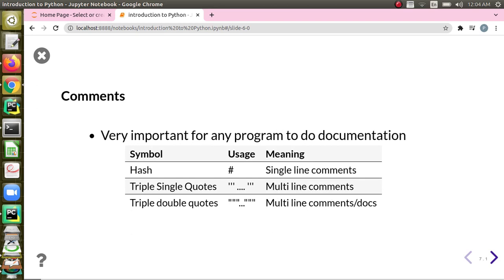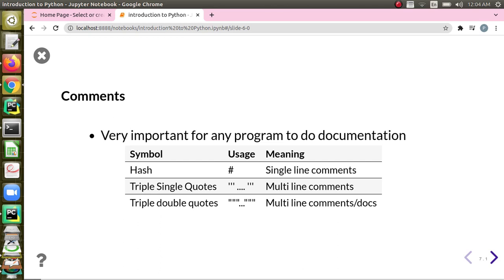Next important thing, if you consider any programming language, is comments, because we will forget what we have written as code, right? Even though you may be the programmer who wrote the code, you may not be able to remember everything. So every language provides comments.